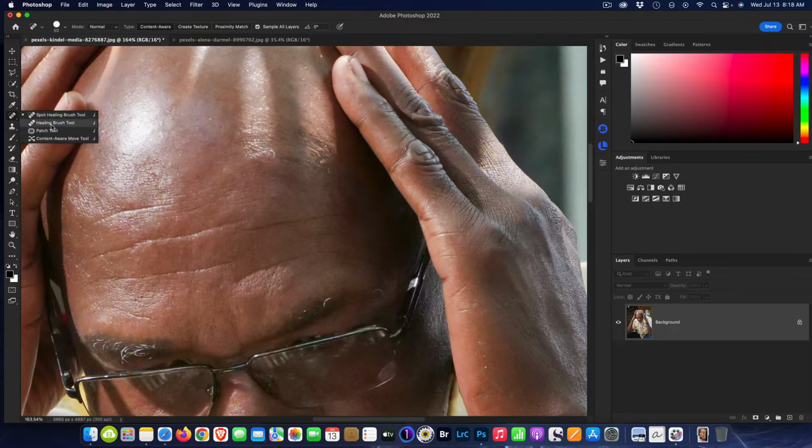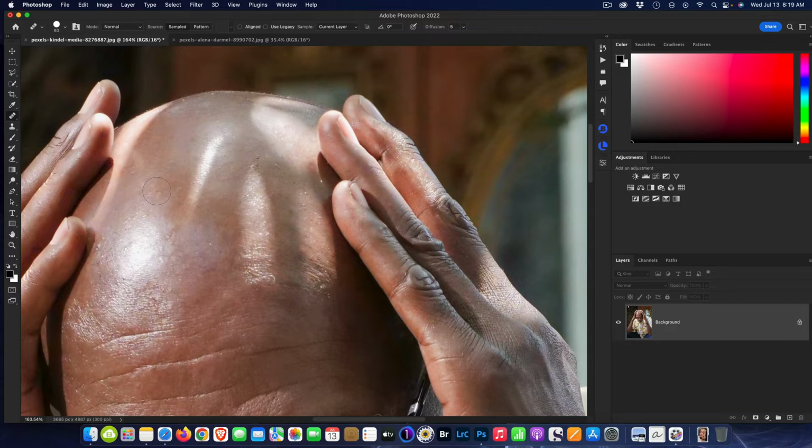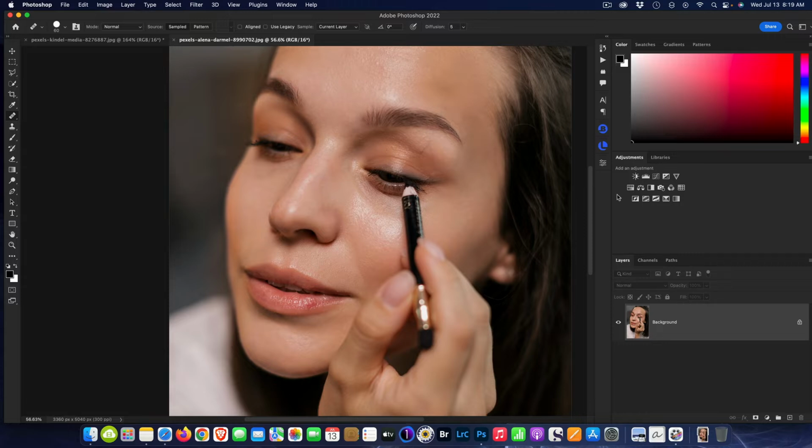The other one is the healing tool. This one I call the finesse of healing, okay? We can come in and really target a small area and get great results, because we want to keep the texture, the skin, and we want everything to look natural. We don't want everything to get muddy. And this is one of the great things about this tool. I come over here into this one, and you can see,